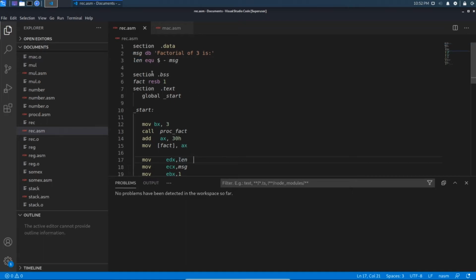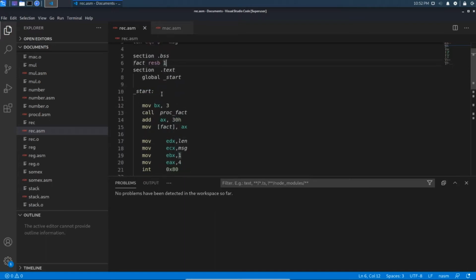As you know, we use the BSS section for reserving bytes for uninitialized variables. So here we allocated space for the factorial variable of 1 byte, and our main piece of code will be written in the start label.